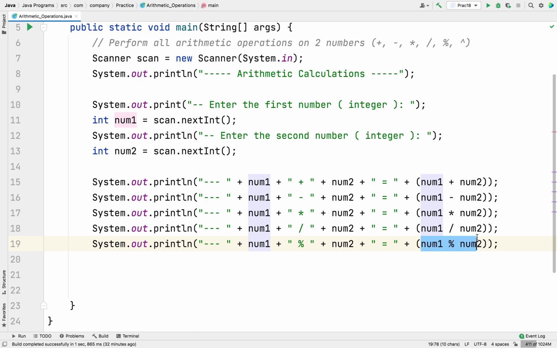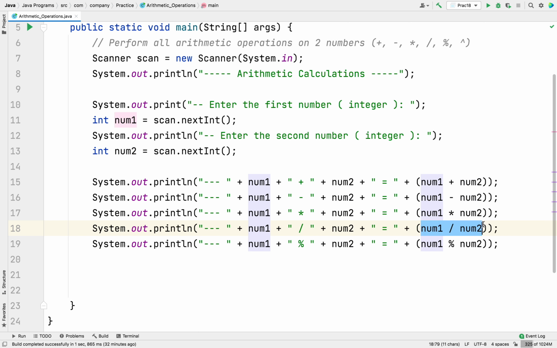But in some cases you want the remainder. Here you get the quotient, which is 2.5. But suppose you don't want the 0.5, you want the remainder. So for the remainder you use modulus. If you do 5 modulus 2, you'll get the result 1. Why? Because the remainder of 5 divided by 2 is 1. But when you do division, you'll not get any remainder, because 5 divided by 2 gives 2.5, so there is no remainder left. If there is some remainder, it is just added after the point. So in any case, if you want the remainder, you can do modulus.